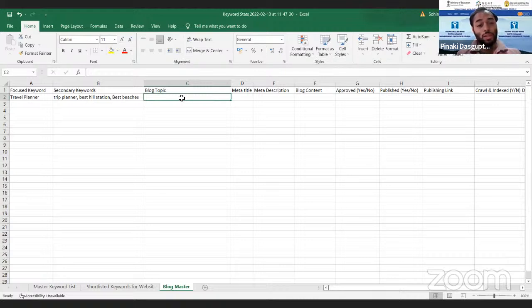So while selecting a blog topic, you have to understand that you have to put your focus keyword in the blog topic. So this is a blog topic.